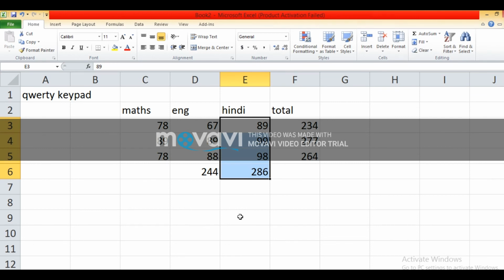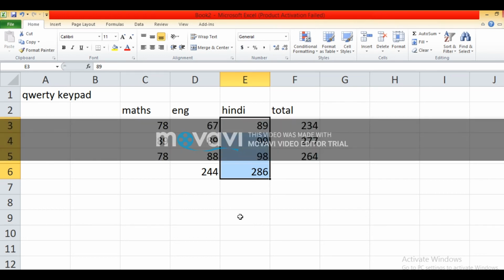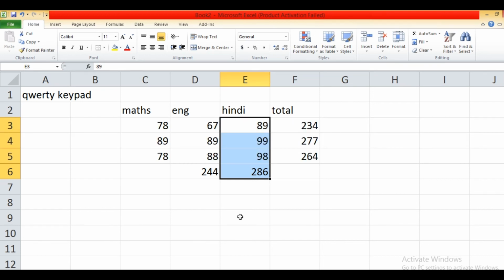In this way, you have to practice all the options of Excel which we have discussed today and in your previous class also, like how to change the height and width, how to delete a cell, how to insert a new row or column, how to align the data, how to copy the content, how to move the content. You have to practice all the options and read your chapters also. Read both the chapters, learn chapter 5 and 6.